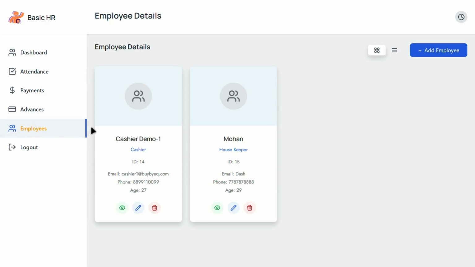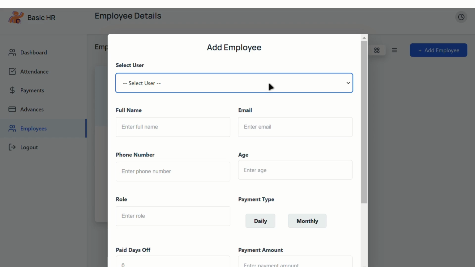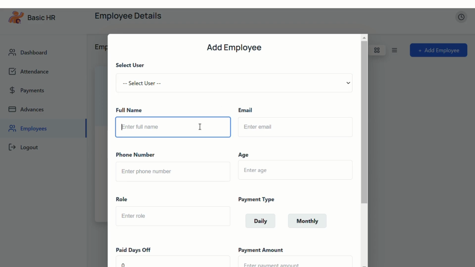So in the employees section, you can look into the employees that have been added. If you want to add an employee or staff, you can select add employee. Here, if you are already using a BBQ special product, then there will be various users already there. If you want to add some more users or staff that are not in your user list, you can select user, enter a name, let's say staff 1,